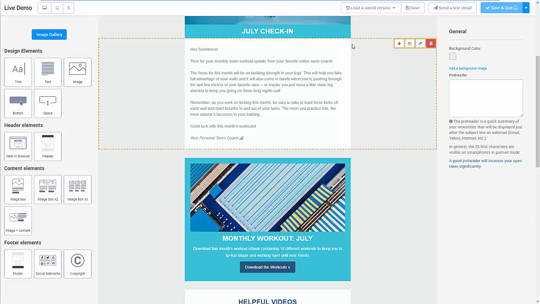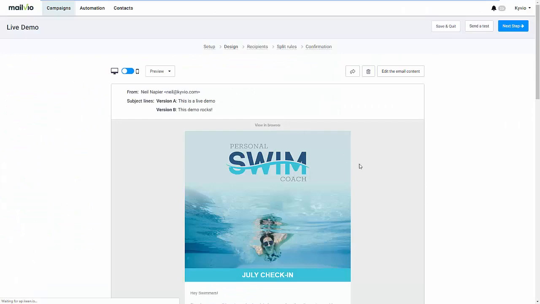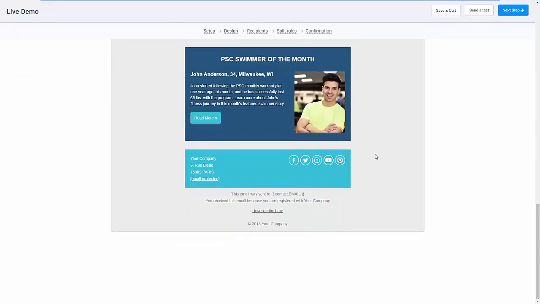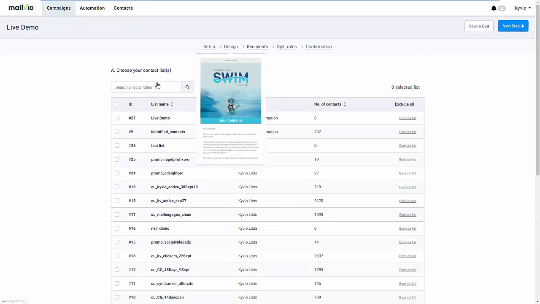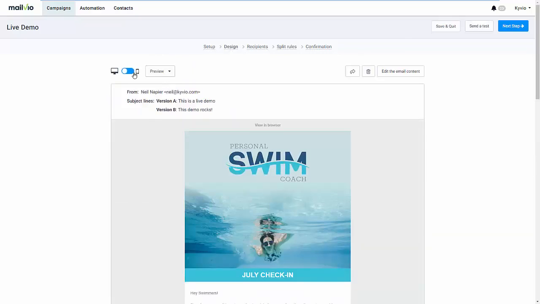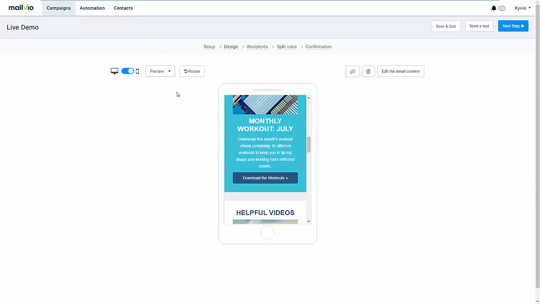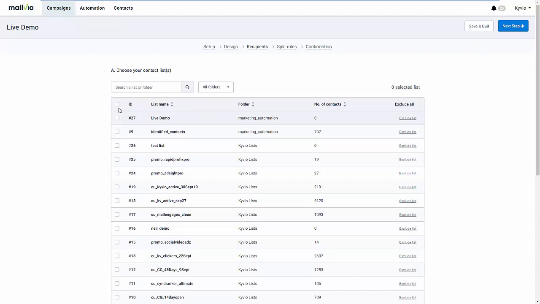Once you have done that, you can queue up this email. You can mail to multiple lists. You can exclude some lists as well. So for example, if I go further down, one thing I gotta show you, which is pretty cool: you can actually also see what this email would look like on mobile, which is quite straightforward, but you can also preview as a recipient. So if you are doing personalization in your emails, you can actually see what a specific recipient will see in that email. So once you pick all these, then you can go ahead and also exclude leads right over here,